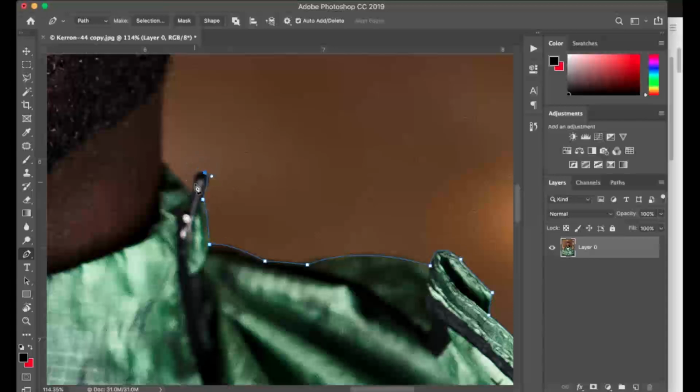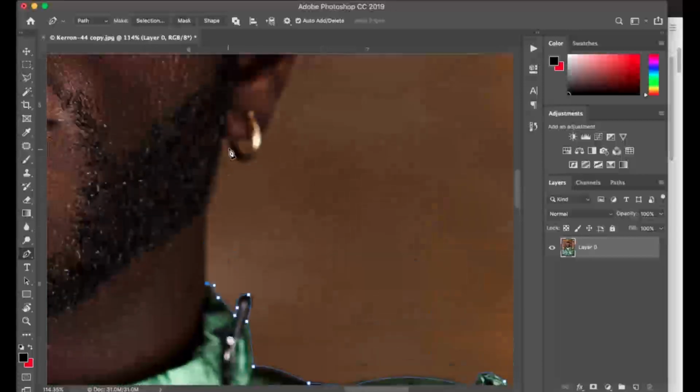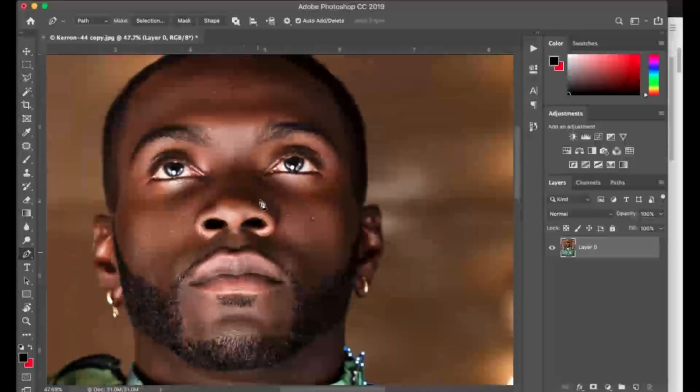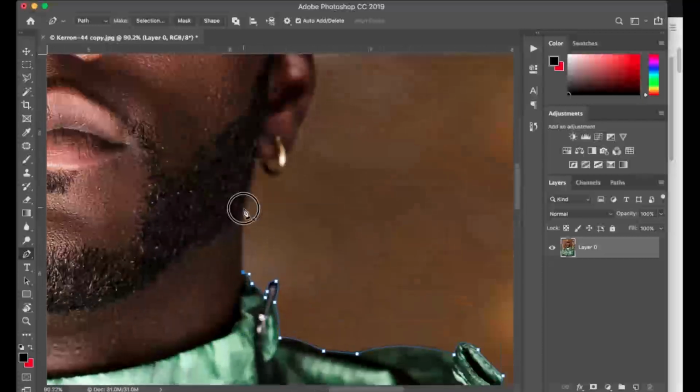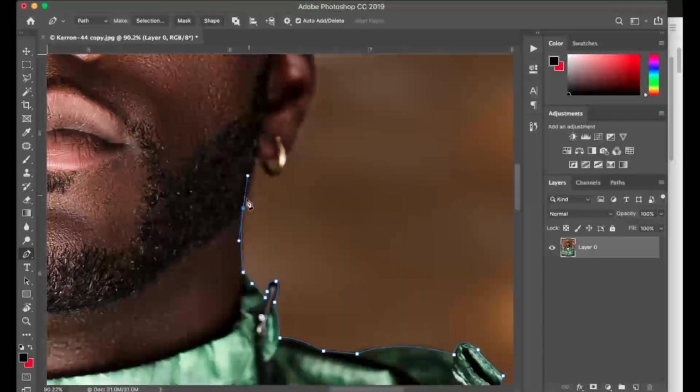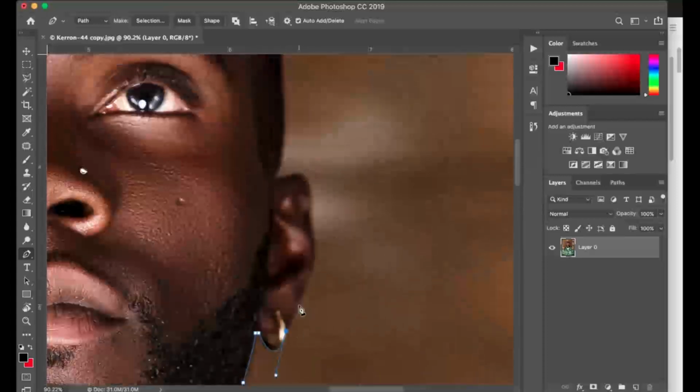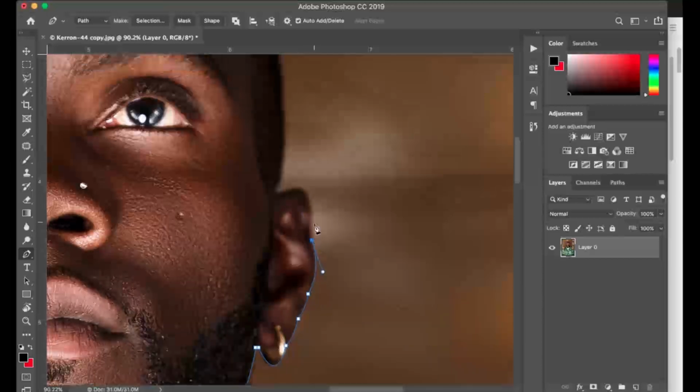So I shot this image at like a 2.8, so that's why we see like his nose and his mouth isn't much more focused than his ears or anything else like that. So I'm just gonna go in. See, and that's why this pen tool is perfect, because you really can get like the natural curves of the earring, the ear,